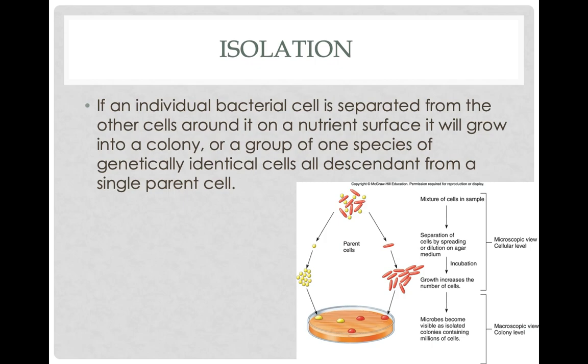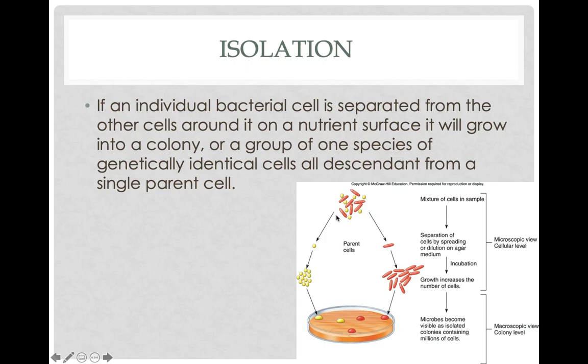A very common technique is a process called streak for isolation. It's essentially like imagine having a bunch of marbles in a cup, and you throw the marbles across the floor, and all the marbles roll across the floor and spread out as they go. So that's what you do. You take your swab and you spread it out all over a petri dish. So all the bacteria that would be grouped together from your patient on the swab are now spread across that entire petri dish. So they'll grow spread out, separated apart from one another, and then you can get the individual